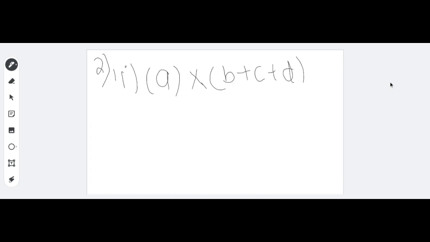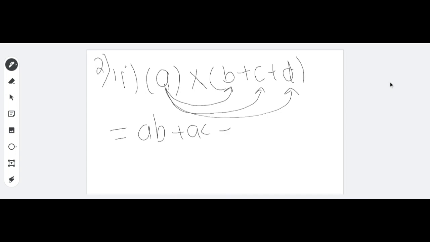Okay, ma'am. So this is question number 2. There is a first expression. First expression says a, I will write the proper form: a into b plus c plus d. I have to solve this. I have to give the product. It means that a is multiplied with b, again with c, again with d. So it will look like this: a into b plus a into c plus a into d. Understood? Yes, ma'am. Any question? No, ma'am. You can just write this in your table. You can put the answer in your table.